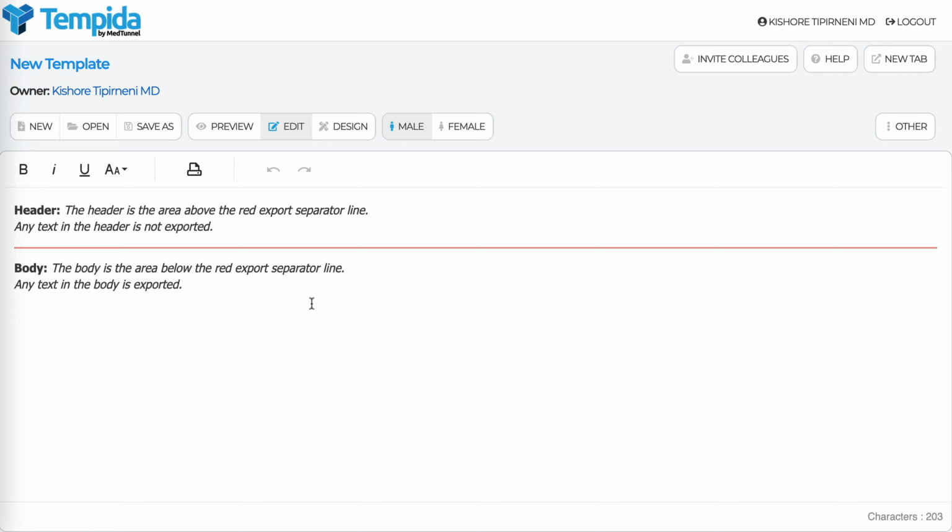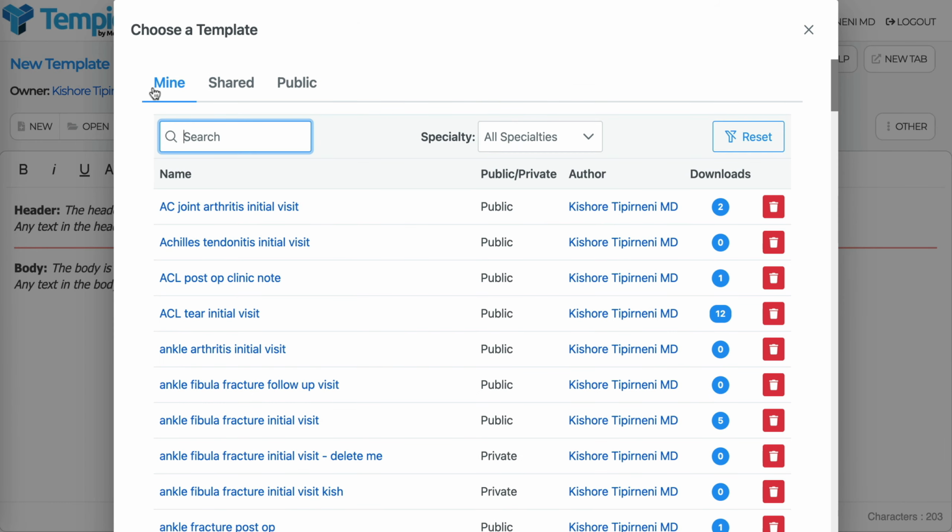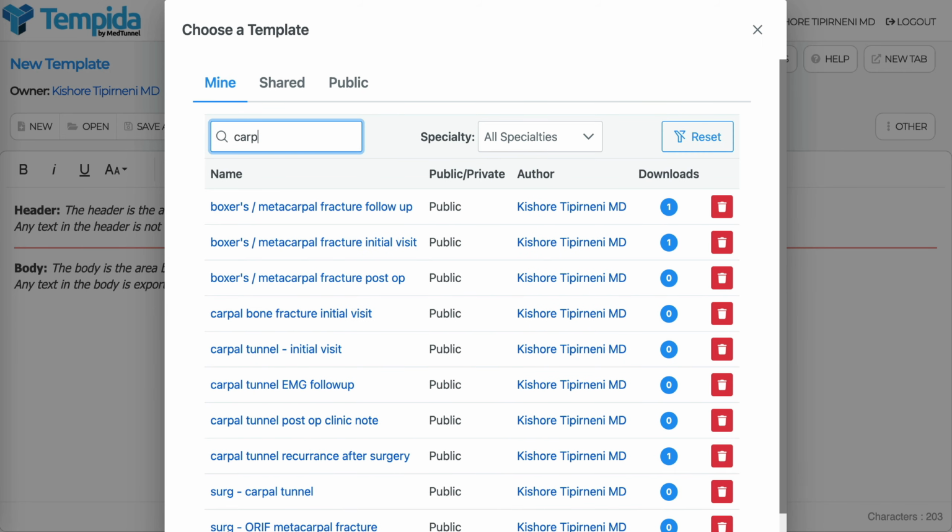Templates in Tempida are stored either privately for your own private use or publicly so that they are available for any user in the system. To open an existing template, simply click the Open button. The Mine tab will show you all templates that you own, whether they're private or public. To search for an existing template, simply type in some text into the search field, and then select the template